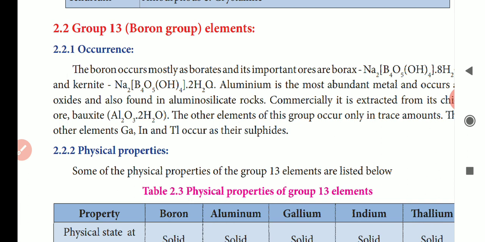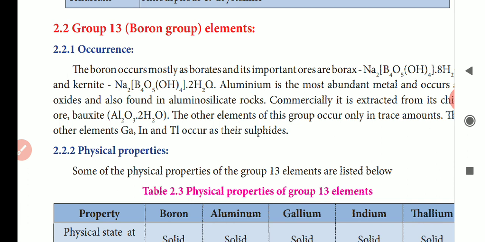The S block and P block elements are collectively called main group elements or representative elements. The S block element is present at the beginning of the periodic table, and the P block element is present at the end. The D block elements are called transition elements, and F block elements are called inner transition elements. We already discussed them in the last lesson, where we clearly covered the transition and inner transition elements.